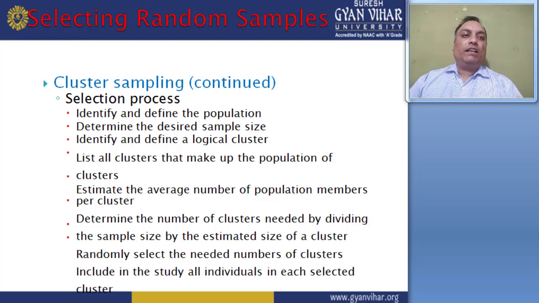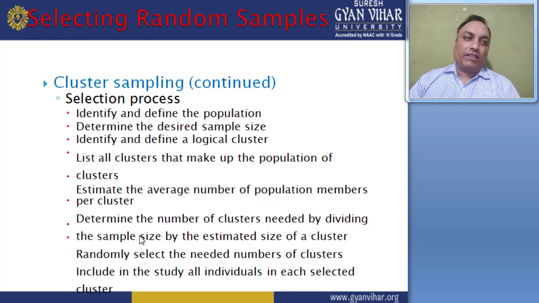Then you move to the next step: determine the number of clusters needed by dividing the sample size by the estimated size of a cluster. For this purpose, you can determine the groups. This is the selection of the groups inside the clusters. So determine the number of groups by including the same average number of members in each group. Make sure each of these groups is distinct from one another. Then select clusters on this basis